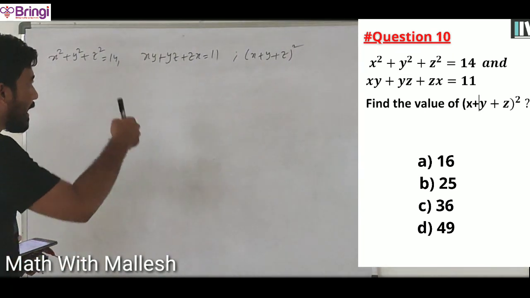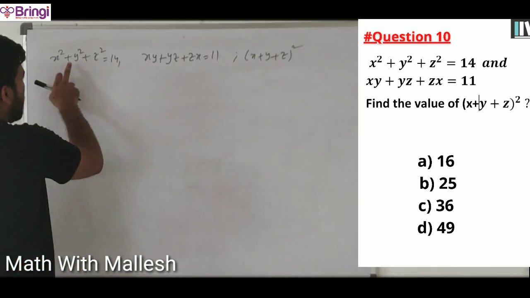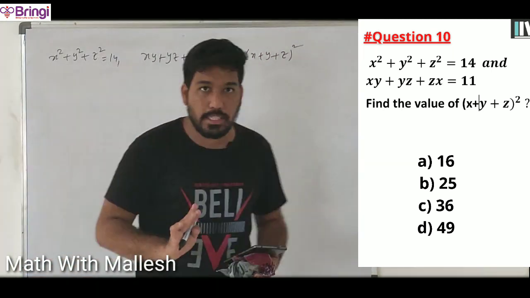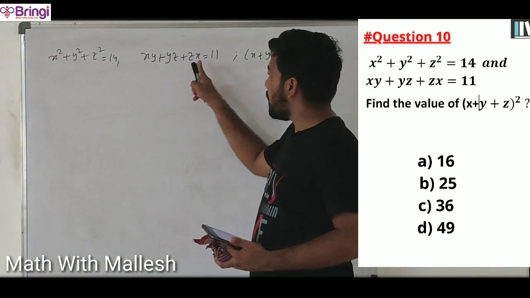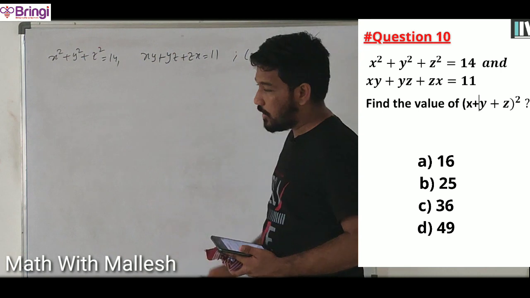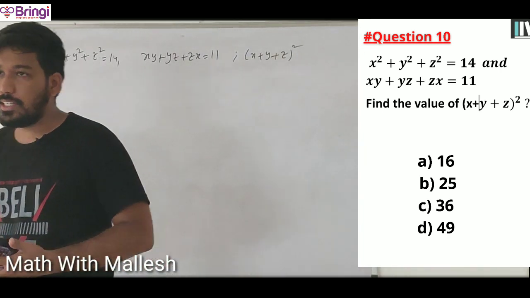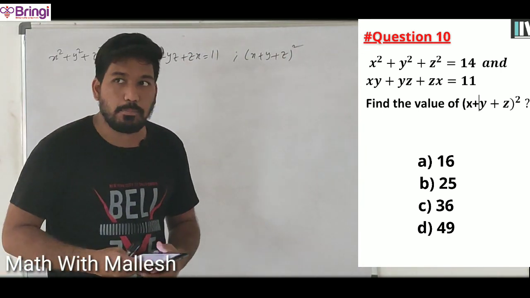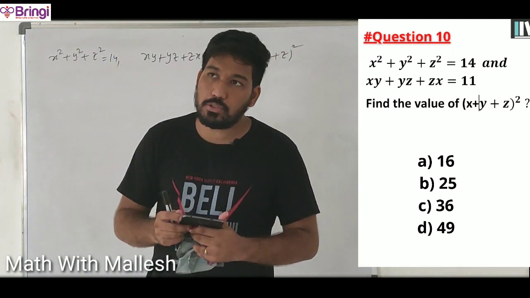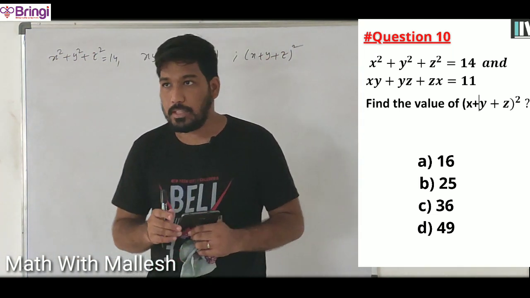So moving on to the last question of this episode, x square plus y square plus z square is equal to 14 and xy plus yz plus zx is equal to 11, and they are asking you x plus y plus z whole square. And listen, in this episode I am explaining basic questions which involve formulas,